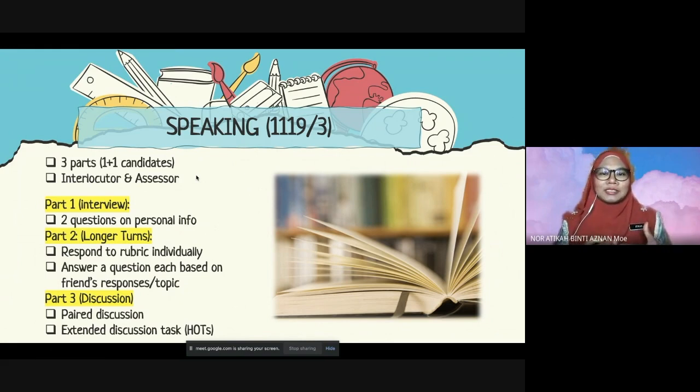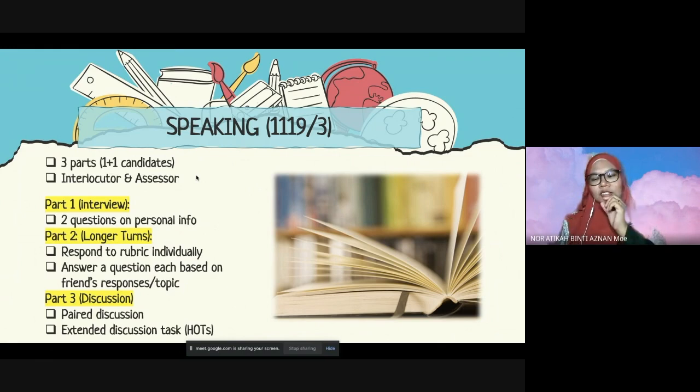When I go through this section, it reminds me how similar it is to MUET, and it is also very similar to what you did in PT3. So you can see the way it connects from the continuous format that it carries from lower secondary to upper secondary, and then to when you take STPM, it is the same. The interlocutor is the one who asks you questions, and the assessor is the one who assesses, checks, monitors everything